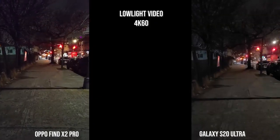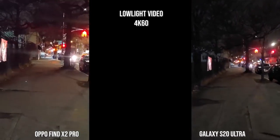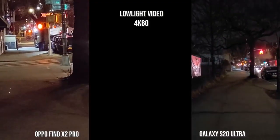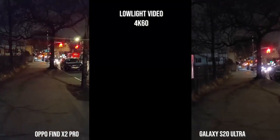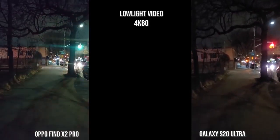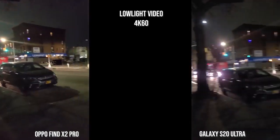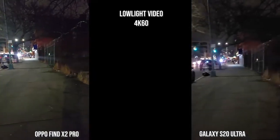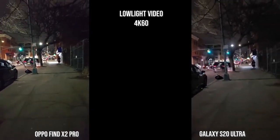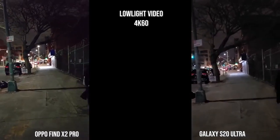Now when we move to nighttime video, it's quite interesting here. You can see clearly the Oppo Find X2 looks brighter and sharper, but the stabilization is not that great. You can also switch lenses though on the Oppo Find X2 between two different zoom lenses, as opposed to the Galaxy S20 Ultra, which has no lens change. You cannot change the lenses here in recording. Now the Galaxy S20 Ultra also is having that autofocus issue, so we'll wait for the update for that. And it's a bit noisier as well. The Find X2 Pro video looks just much sharper to me, but stabilization is just not good here at nighttime